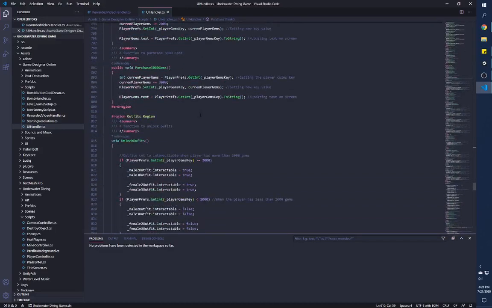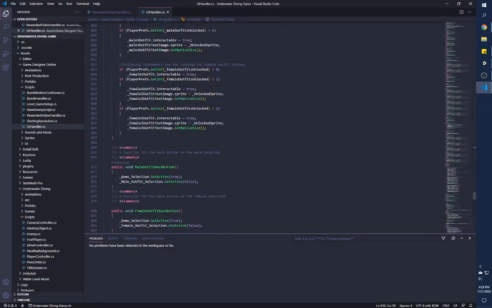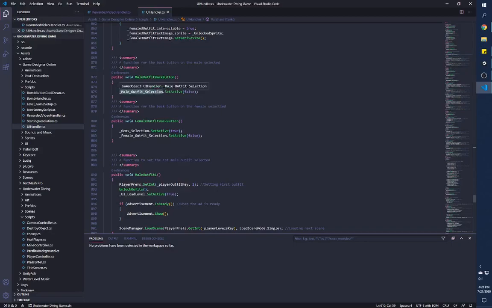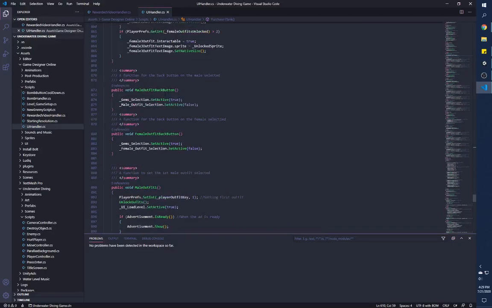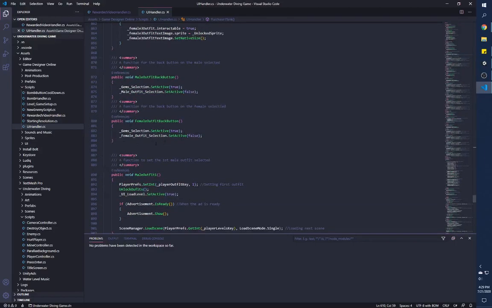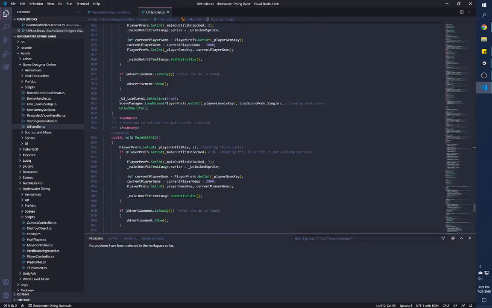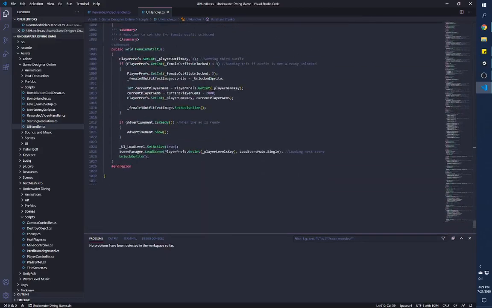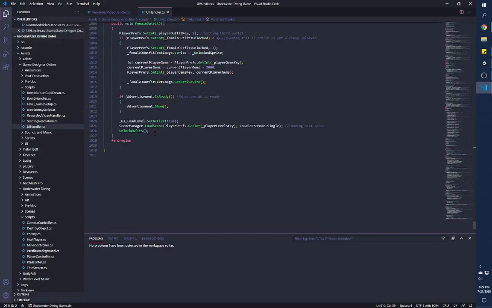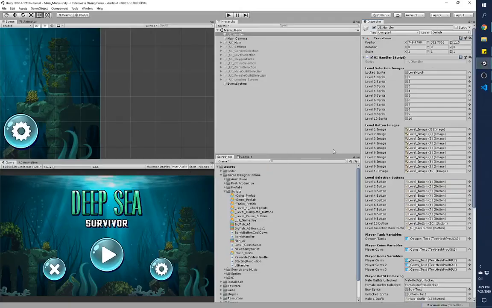Then we've got outfits region here, which is handling the price and the unlocking of the various outfits that are on the screen. We've got the outfit selection for a male outfit and female outfit, and the back button here. These are the back buttons, by the way. These are going to take the user to the previous screen that was actually shown. These are the various male outfits, and that's the end of the script. So the entire code for the main menu and all the menu flows is being handled here. We will now just wait for this to compile, and then we'll move on to the other